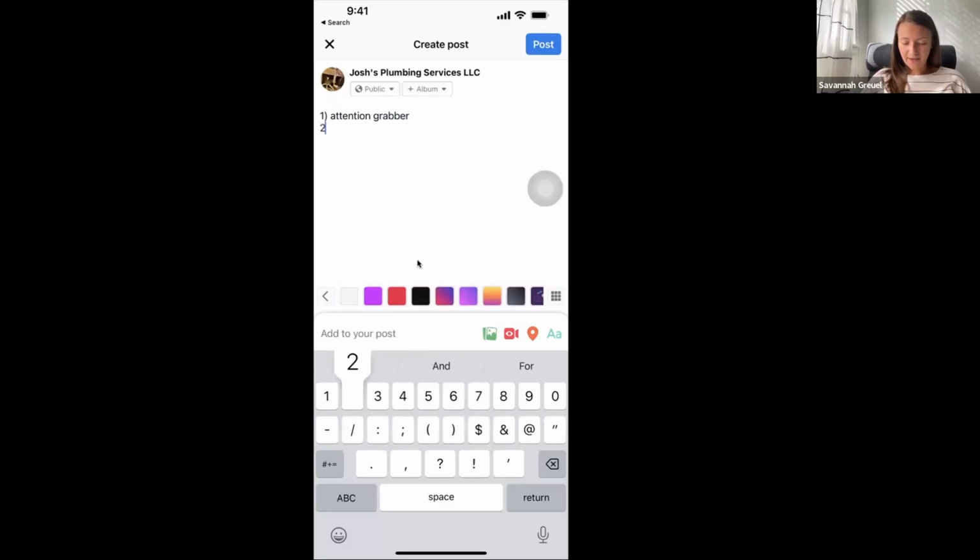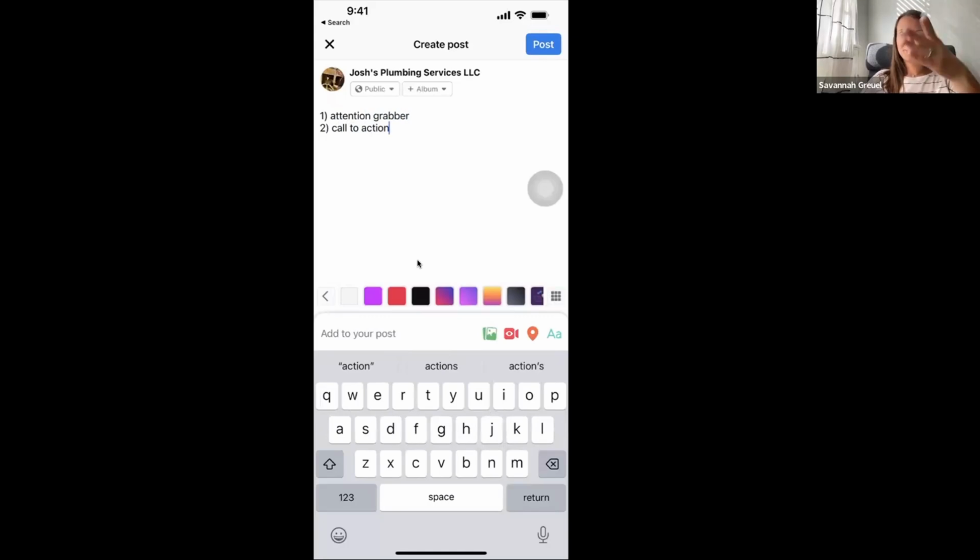And then the second part is you have to have some text, like a text body or a call to action. We'll say a call to action. And so that could be a description, or it can kind of verbalize what the image is showing or the reel is showing. And then it gives a clear call to action to click the link below to take a quick 1-minute survey. That's very important. People have to be aware what this link is.